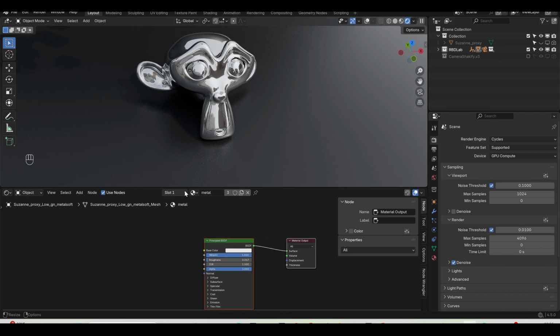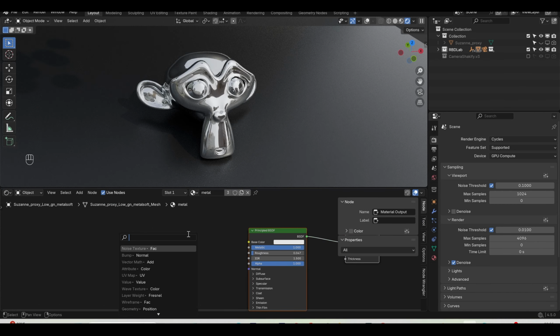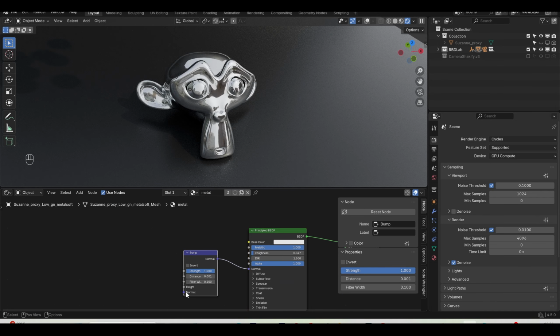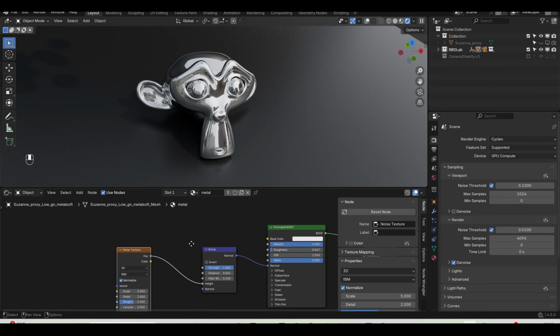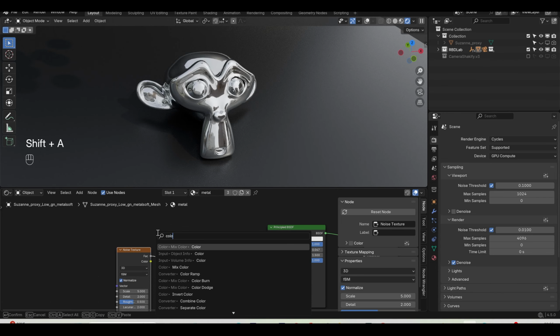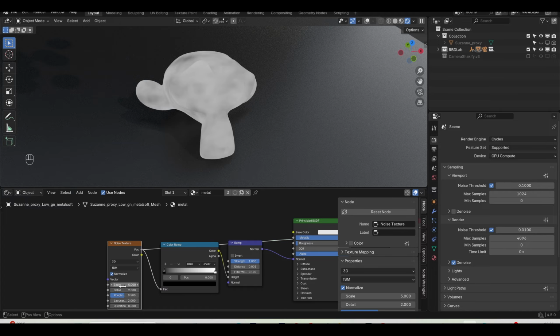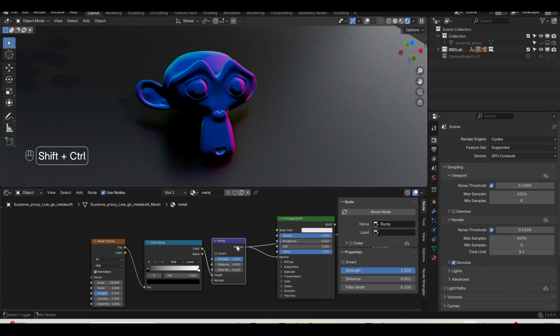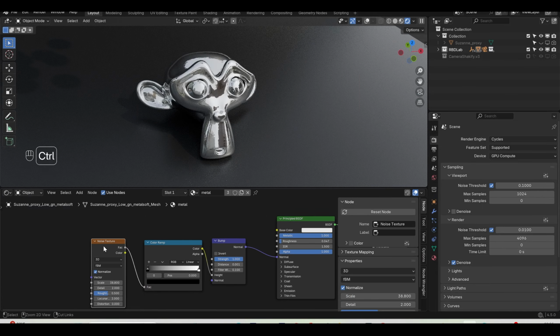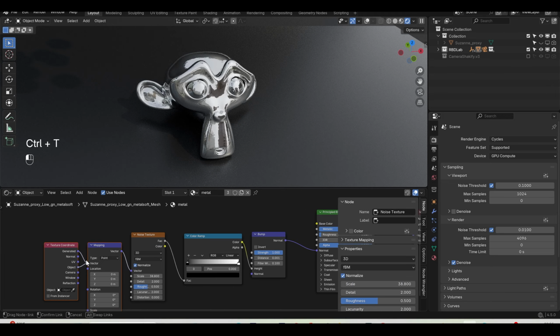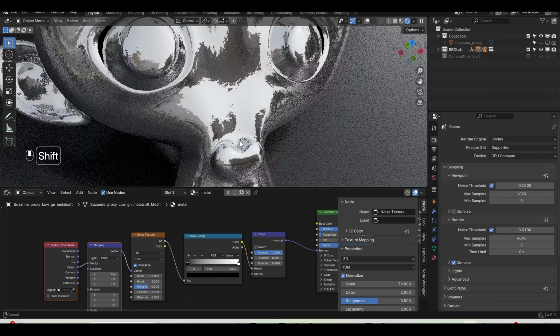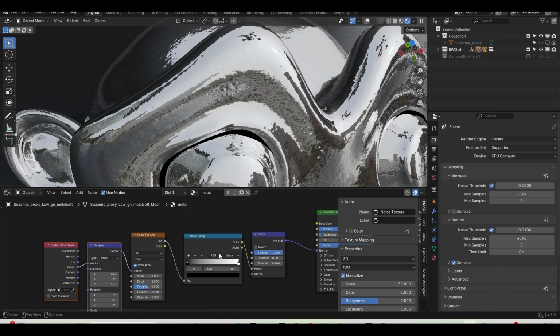I can go to the shader editor one more time, and in the normal I can use bump, and here in the height section I will use the noise texture, and in between I'll use a color ramp, and Ctrl Shift and click here just to visualize the noise. And then I will press Ctrl T and choose object, and now I can see all these things,